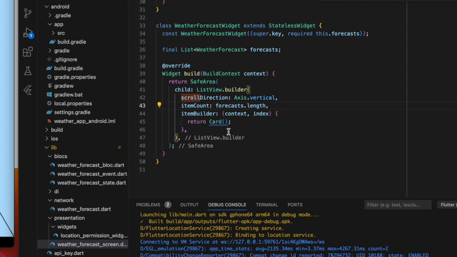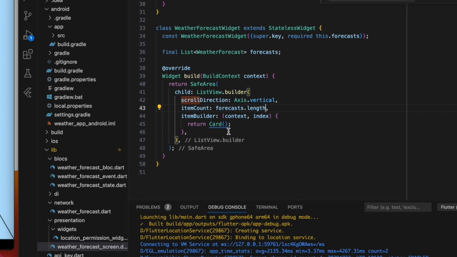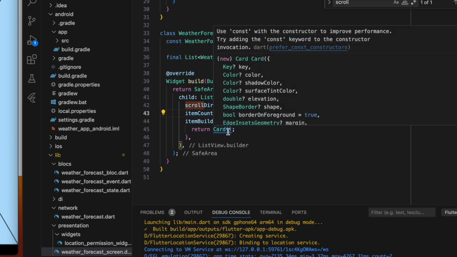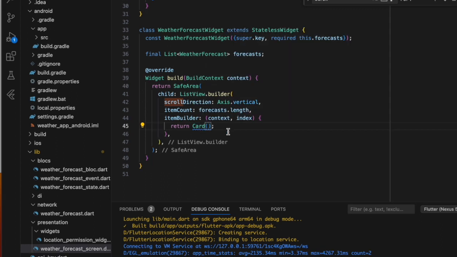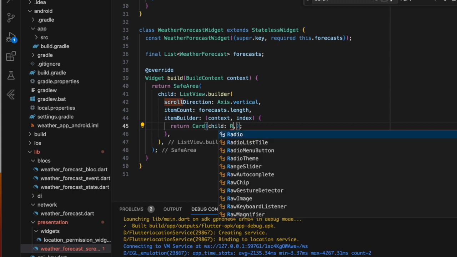As I said, in the card, we're going to have three widgets, which are date, icon, and temperature, in a row. So this means that we need a Row as a child widget here. So child: Row,